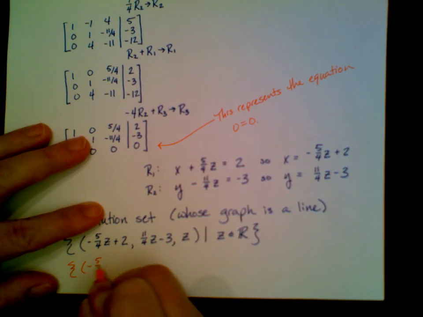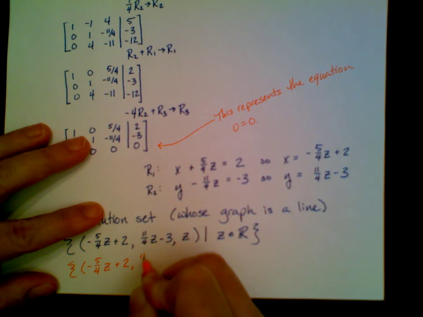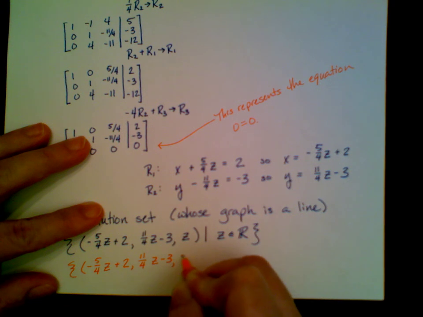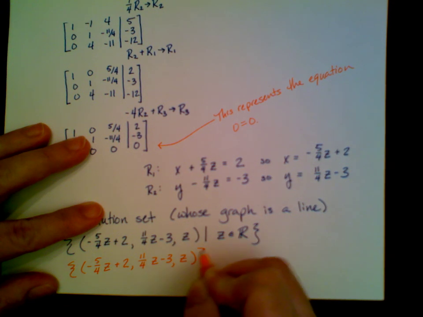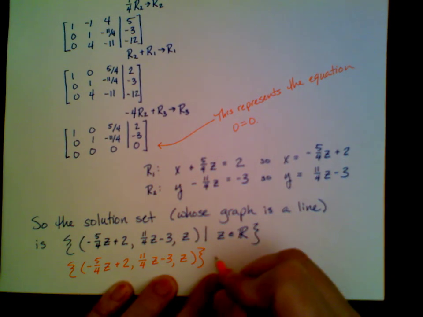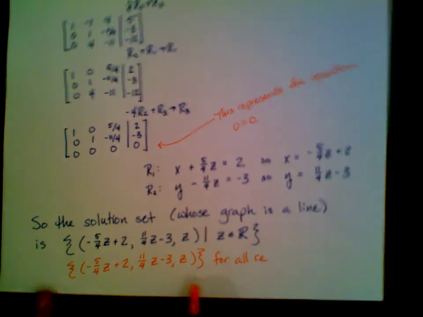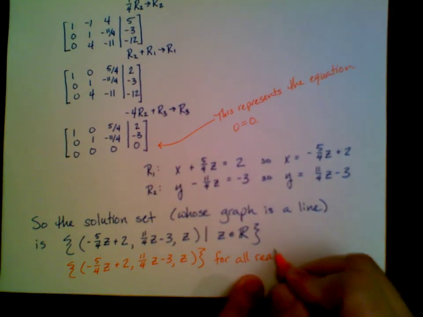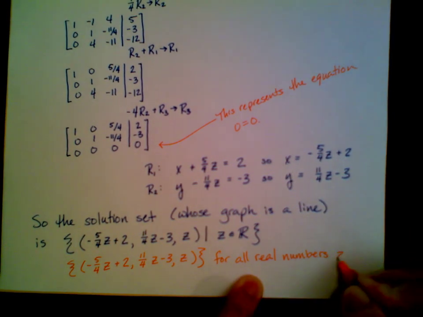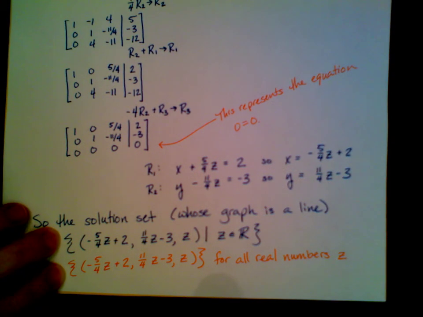You're going to write the point exactly like we have here, but they want to allow for some classes that may skip using the set builder notation. And so they just put it in the set and say for all real numbers z. Notice that these two things mean the exact same thing,